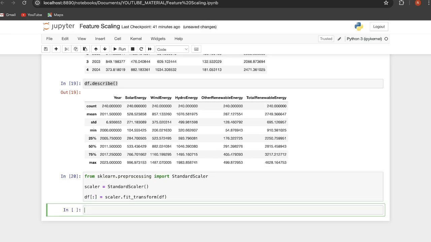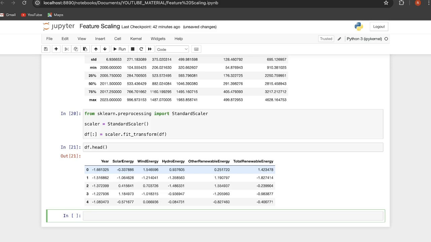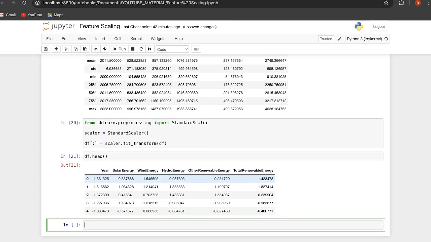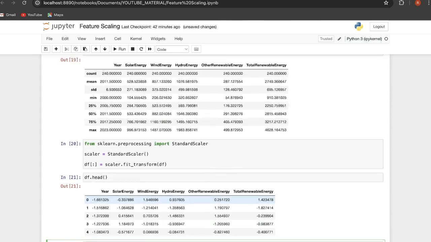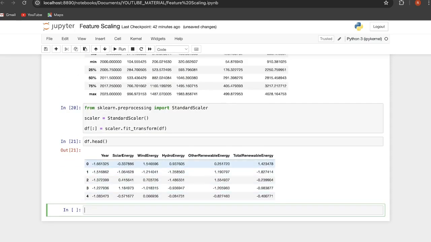Let's run that, and let me display the dataset here. As you can see, now the values have been transformed, and this is what I already showed you in the presentation as well. The solar energy value for the first instance transformed from 437 to negative 0.33. And when you make use of the describe method here